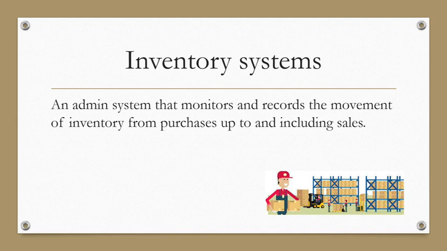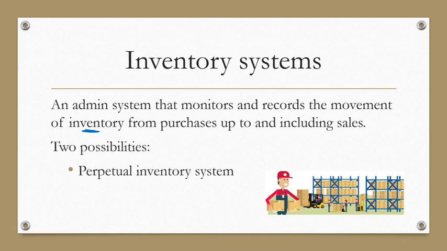Inventory system. What is an inventory system? An admin system that monitors and records the movement of stock. Remember, this whole thing is about inventory. How do we keep track of our inventory? How do we record that, from when we purchase it up to sales? We have two possibilities, the perpetual inventory system and the periodic inventory system,